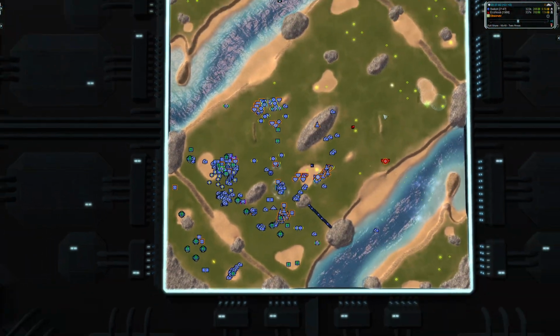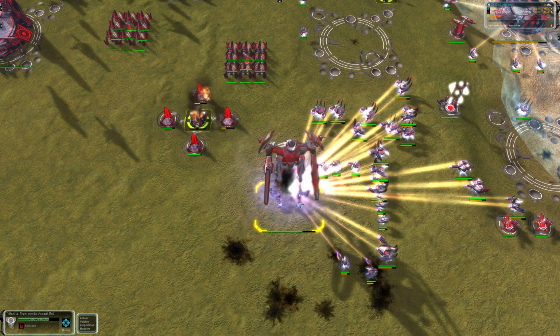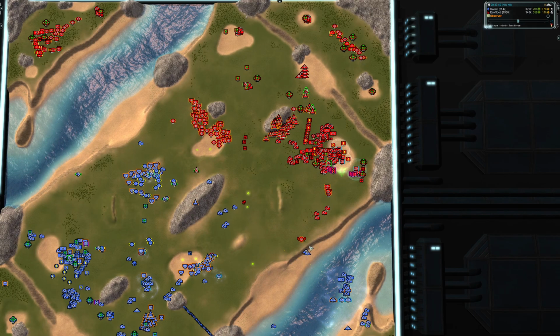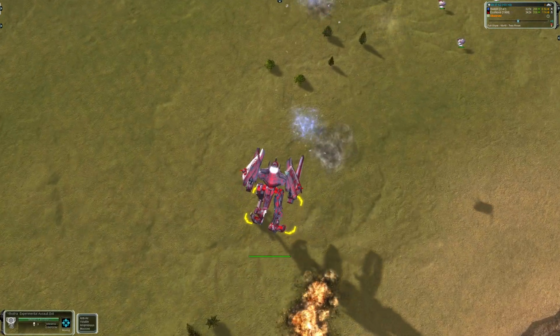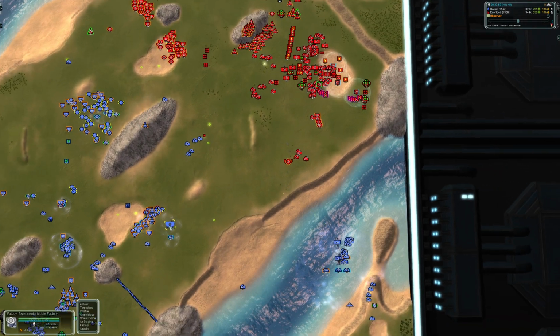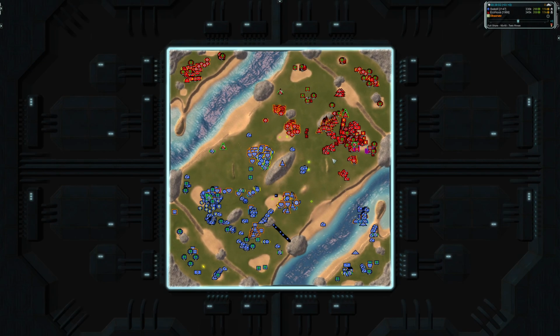Blue is working on a second Fat Boy, and as we were seeing earlier, Red is working on his second experimental assault bot. But this will come down to micro. If this walker can get into range of the Fat Boy, it will kill it almost instantly. But if Blue is microing the Fat Boy, he should be able to keep it out of range of that experimental